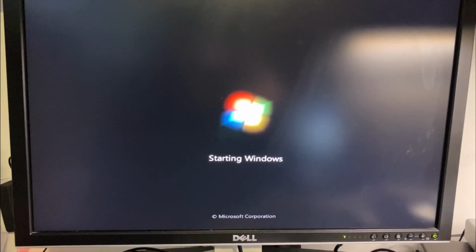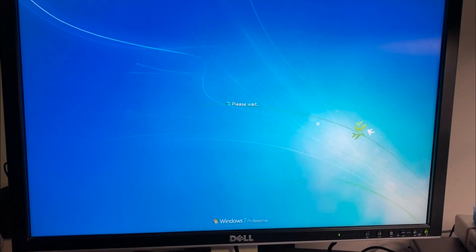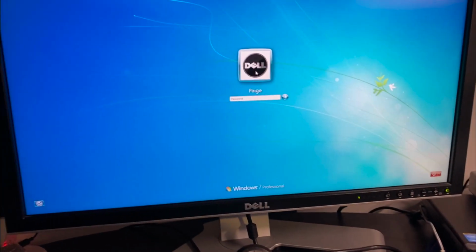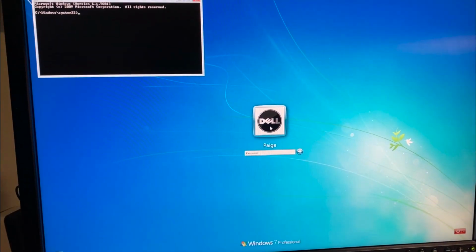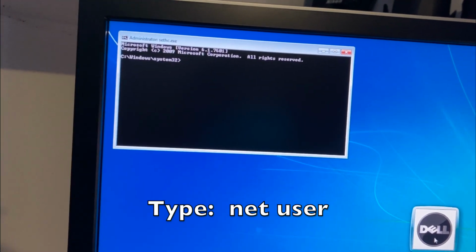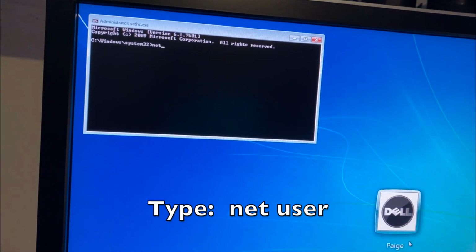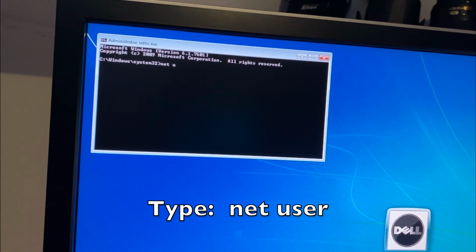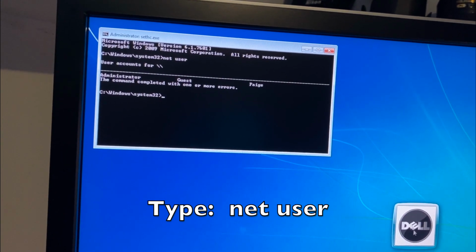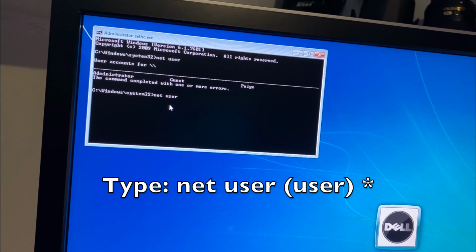So now when it's loaded, push your shift key 5 times. So you can see we have the command prompt here. Now we know the user already, but we can see all the users with this command, net user, and you can see we have only guest and page. So we're gonna put net user page